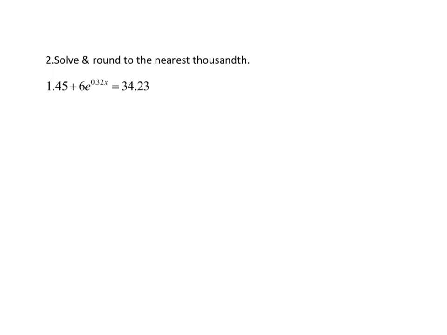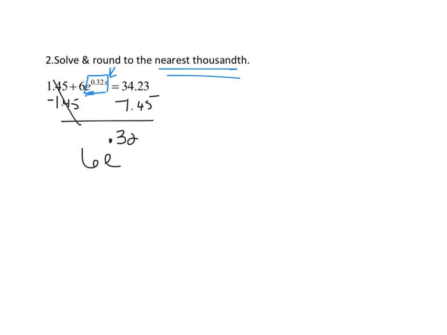Next question asks you to solve and round to the nearest thousandth. So the first thing you want to do is realize that x is in the exponent. So eventually you're going to need to use a log or ln. I'm going to have to use ln because I have a base of e. So what you're going to have to do first is get everything away from this box here with the e. You're not going to add these two together. What you're going to do is subtract the 1.45, because that would be a proper way to start to get x alone. So you're going to subtract this, you get 6e to the 0.32x equals